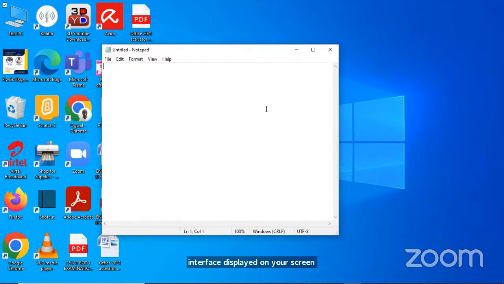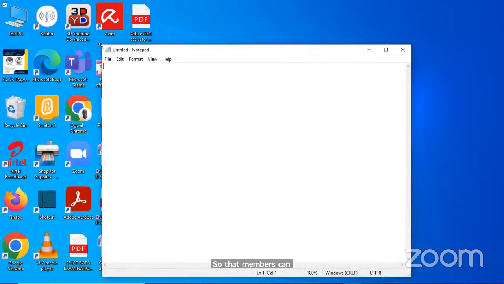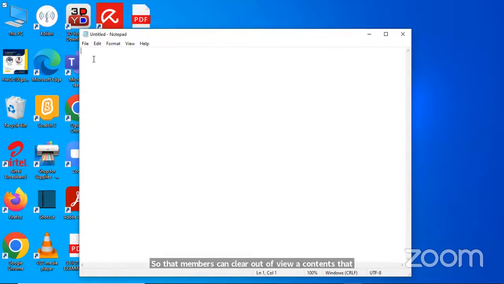Now, I'm going to try to zoom my screen so that members can clearly view the contents that I will be typing. I'm trying to zoom. I think that is enough. Yes, like we said,